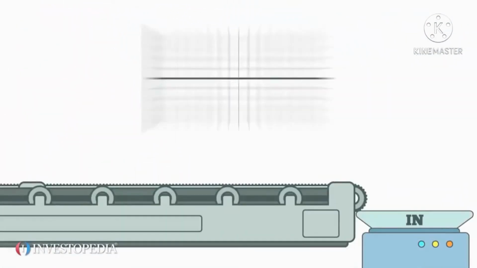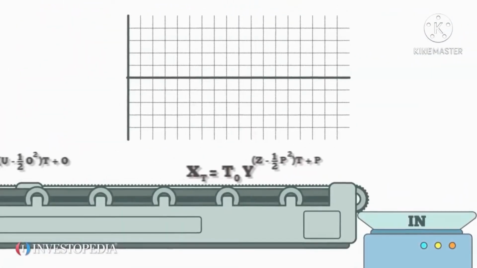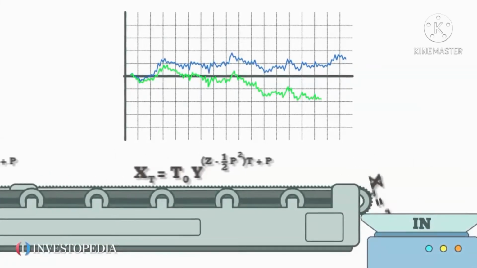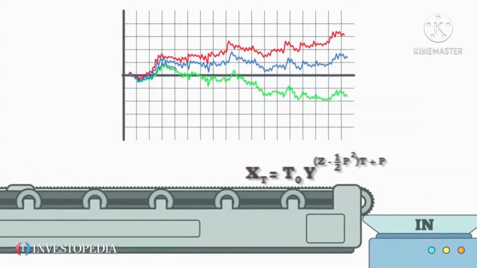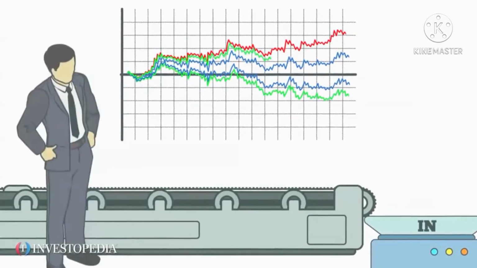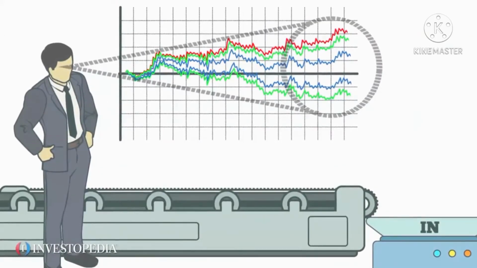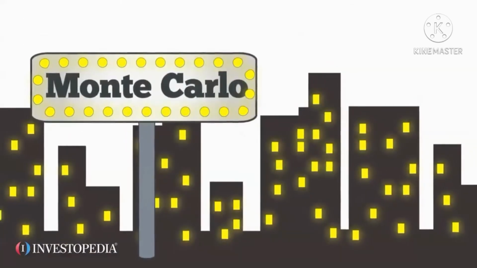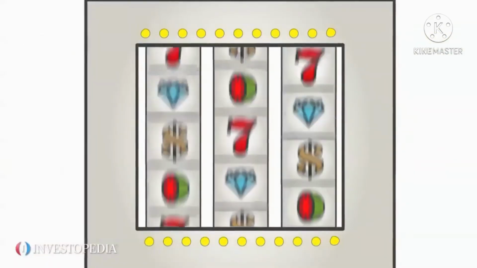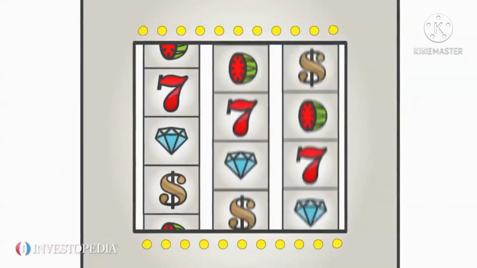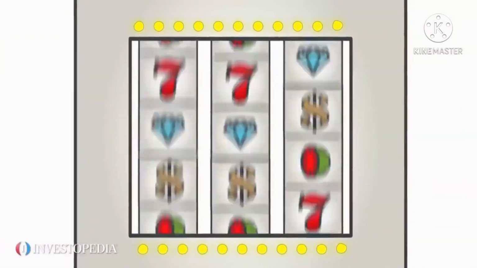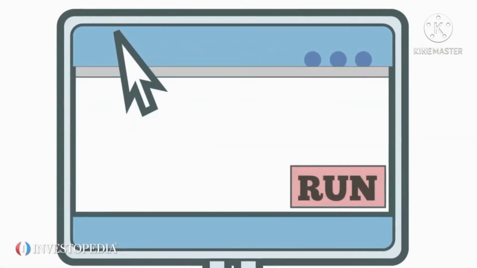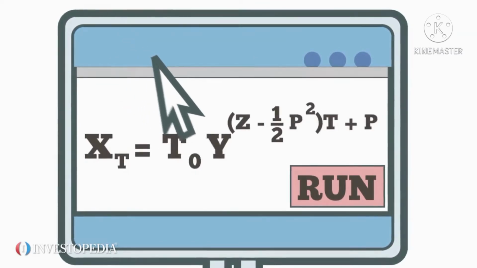A Monte Carlo simulation is a method of probability analysis done by running a number of variables through a model in order to determine the different outcomes. By using Monte Carlo simulations, decision makers are able to determine the range of possibilities and their probability of occurrence for any choice of actions. The Monte Carlo simulation is named for the city of Monte Carlo, which is known for its beautiful casinos. The reference to casinos is appropriate, since Monte Carlo simulations use randomness, much like the slot machines, dice, and roulette wheels in a casino. A Monte Carlo simulation works by constructing a mathematical model of the decision under consideration.